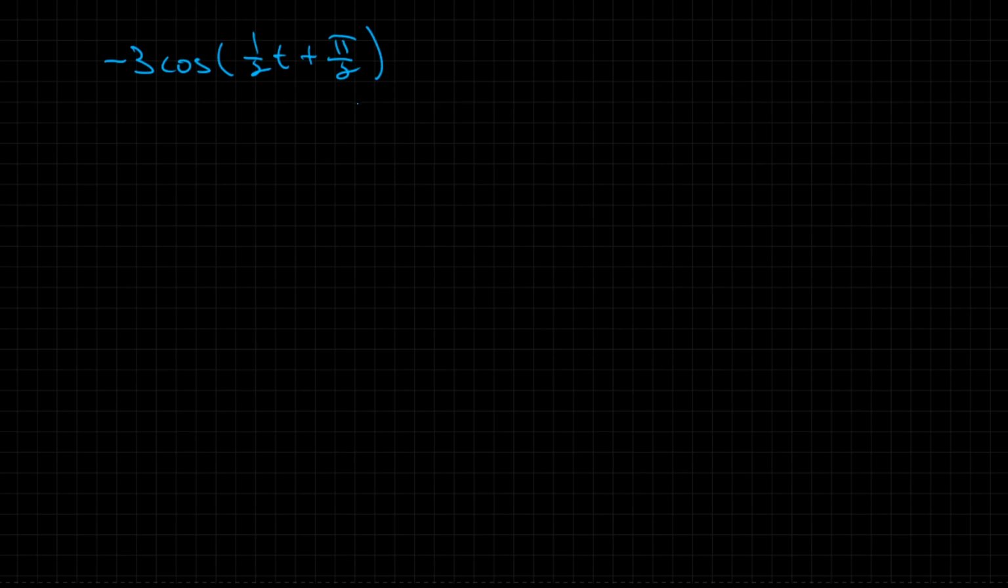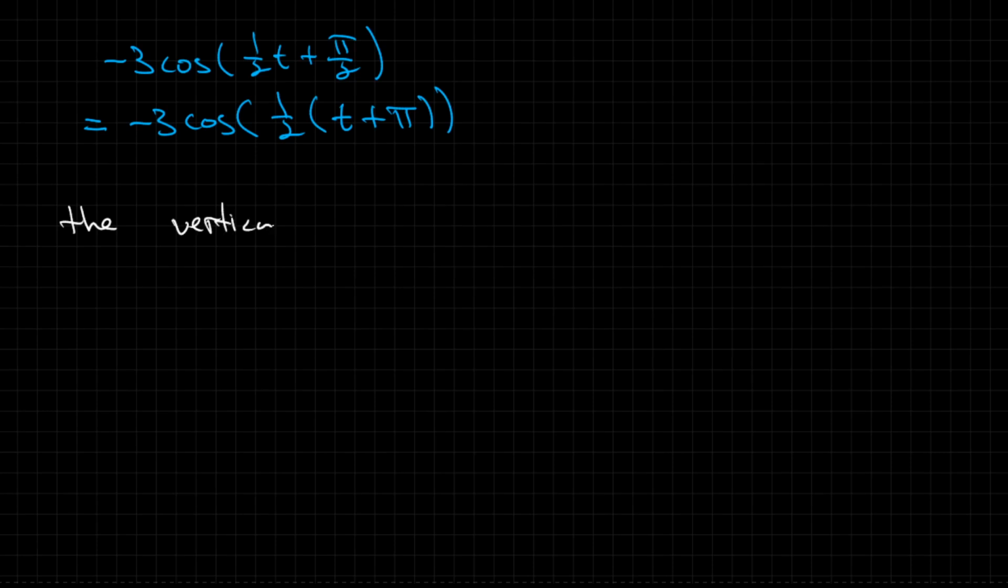Now, these terminologies, these definitions that I'm about to make, are much easier to recognize when we write it in the form where the 1/2 is factored out of both here and here. So I'm going to do that now. Minus 3 cosine 1/2 t plus pi. So when you write it of this form, then the